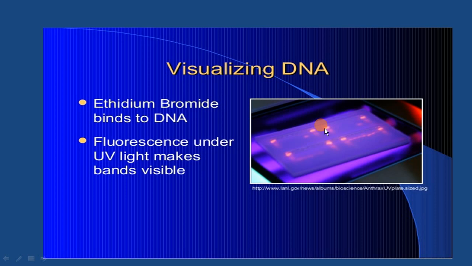Why are we doing all this, separating? I agree, but if it got separated or not, we will not be able to see it. So what is the use of it, right? If you are separating, you must be able to see it, and for viewing purpose you are adding ethidium bromide which will bind with the DNA. Now this ethidium bromide molecule you can visualize under UV light.